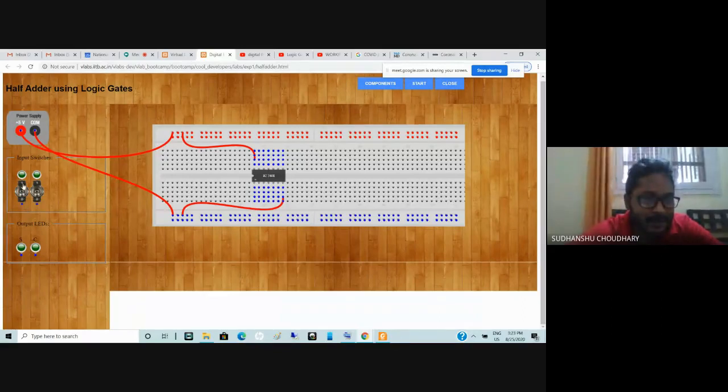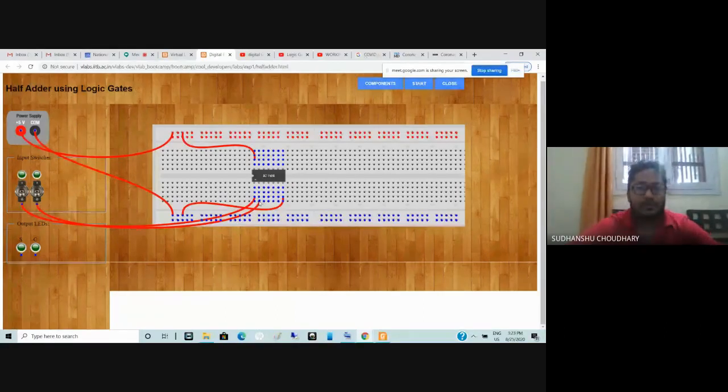I'll connect any of these. Both I have to connect. So I'll click here, take out a wire and connect it to pin number 1. Any of these lines could be connected. Let me connect to this hole of pin number 1. Similarly from here, the other input I'll connect to pin number 2. Any of these holes I can connect. Maybe I'll choose the bottommost one. So again I'll take a wire and try to connect.